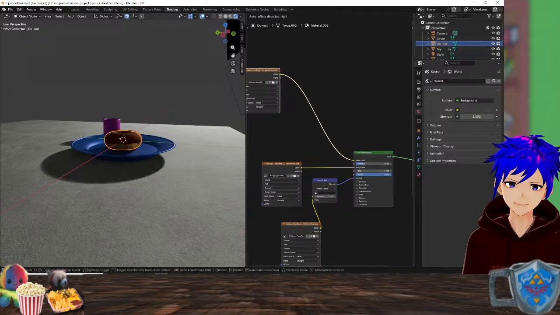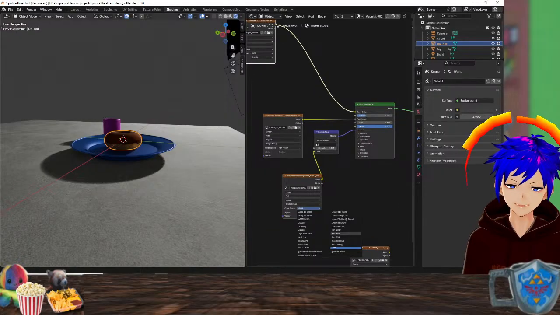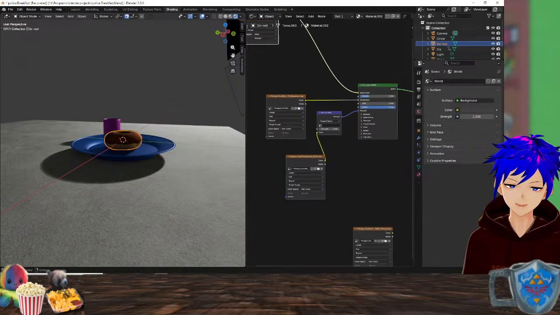And these are not. This is non-color. This is non-color.